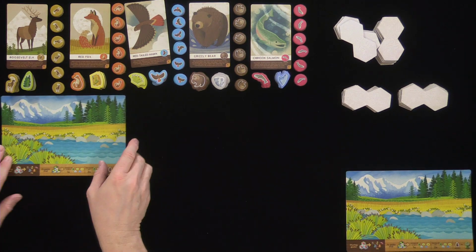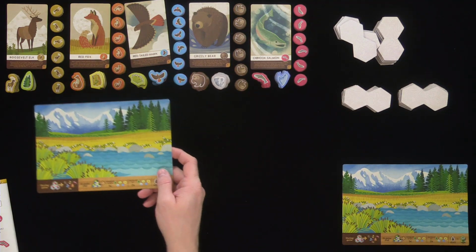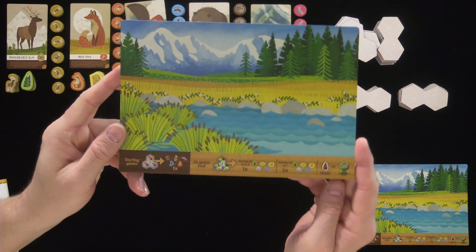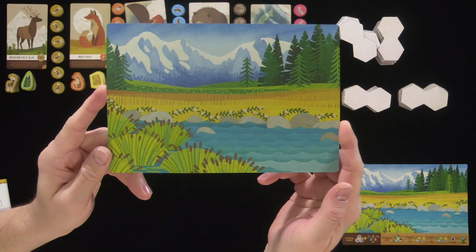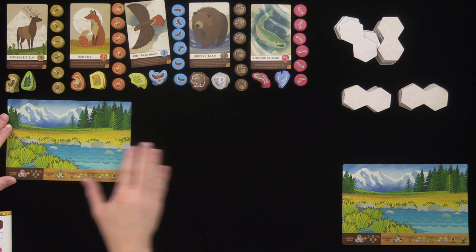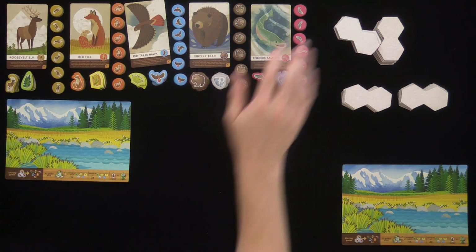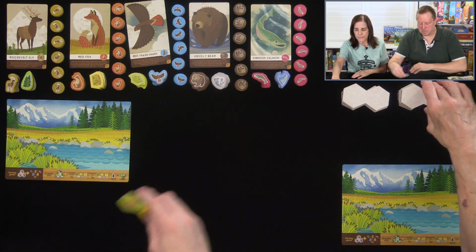Here are our habitat boards. I think that's what they call them. Yep, panorama boards. And there's 2 sides. This is a side to help you score, but you can play the side that doesn't have that if you just want it to be more pretty. So more likely as we play the game, this is going to move. So we have 23 tiles. We will not be using the rest of these tiles during the game. So we each take 1 randomly, face up. This starts our